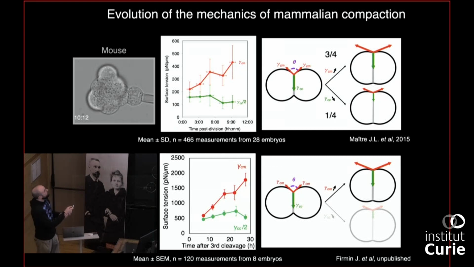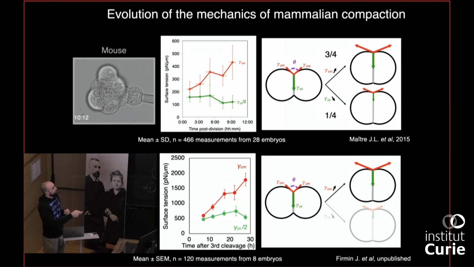So the mouse here compacts in less time, okay, than the human, and that's something that we knew before. We knew before that the compaction is faster in mouse than in human. The increase in tension gamma CM is conserved, right, between those two species. The magnitude is different, so here it doubles, and for human it is multiplied by 4. The tension at the cell-cell contact of mouse embryos is decreasing a little bit by about 1/3, and this is contributing to compaction. And so now we have the same movement. If we measure the angles of contact between those two embryos, they're very, very similar. The movement is the same, but the underlying mechanical strategy is different.